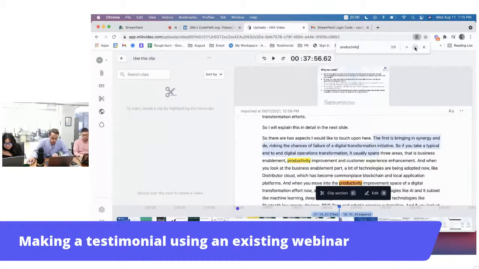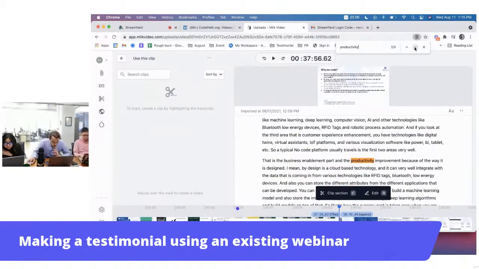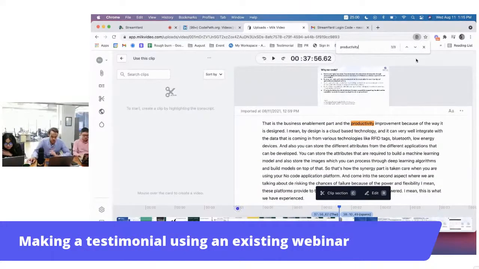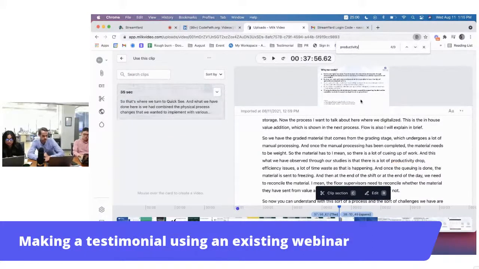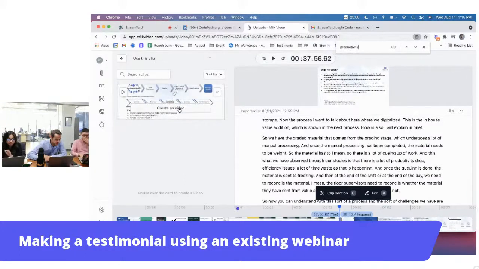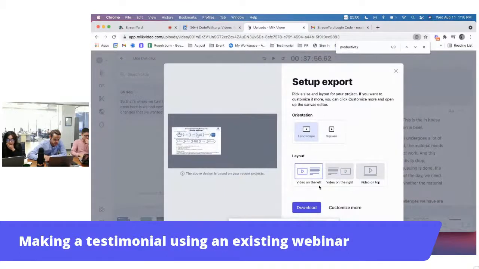Okay, so actually, we just clipped the right section here, the testimonial, and it's the same kind of process where you're taking